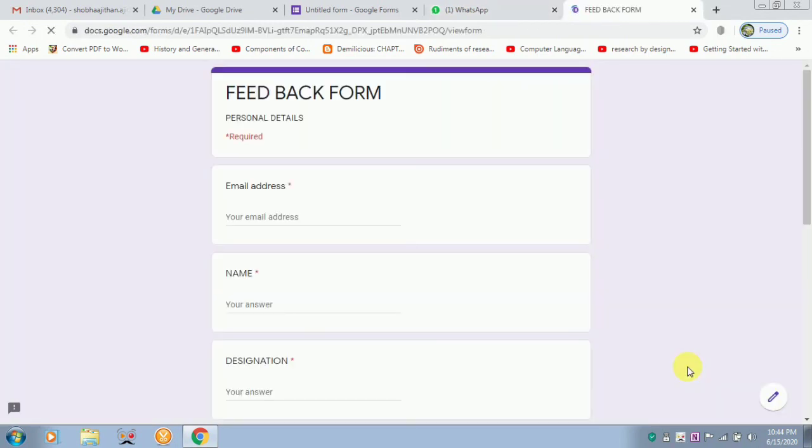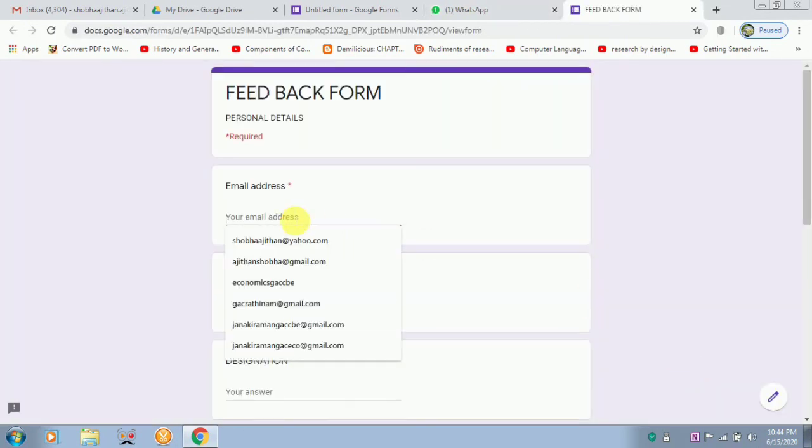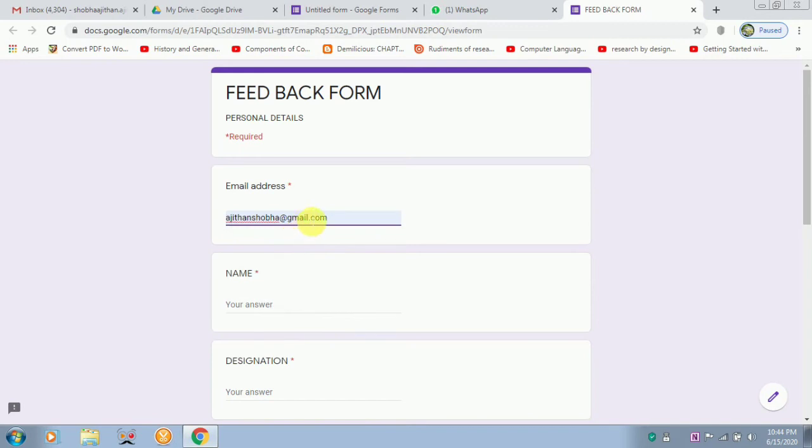Now I'll be filling the form. So these are the required fields: Ajit and Shobha at yahoo.com. It is not Gmail, it is yahoo.com.